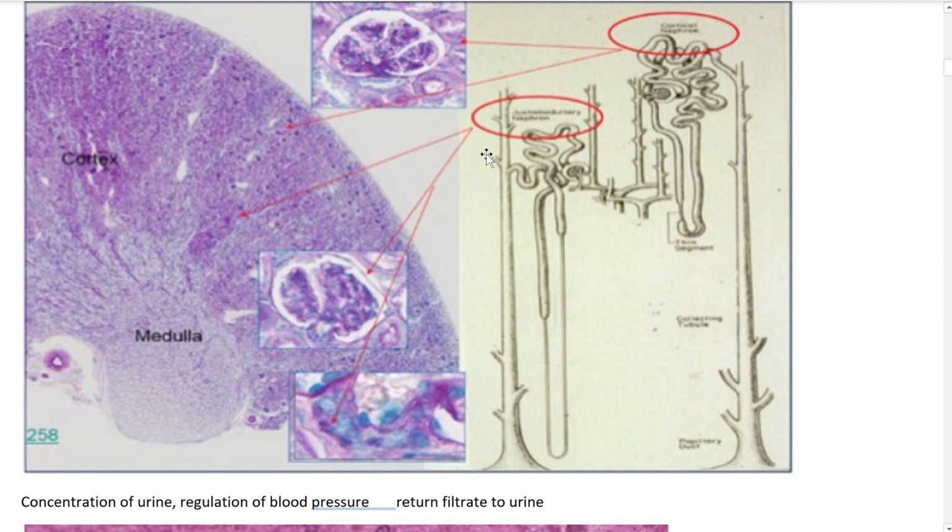So if I were to ask you which one of these is responsible for helping with the concentration of urine, you would say the juxtamedullary nephron, because they're the ones that make that concentration gradient that makes concentration of that urine possible. Okay,